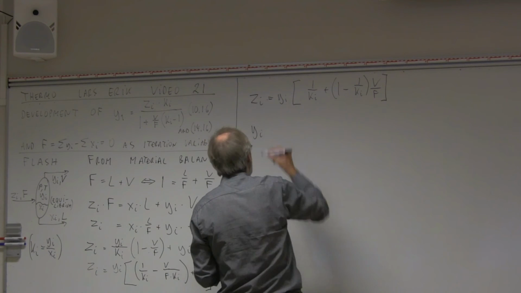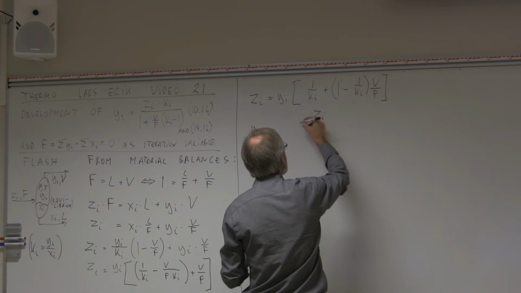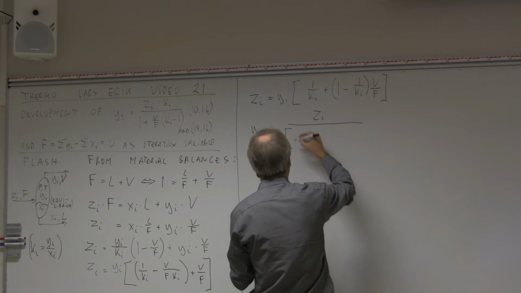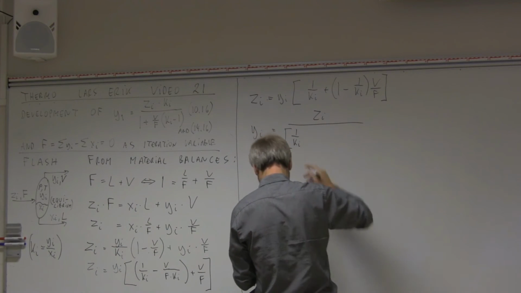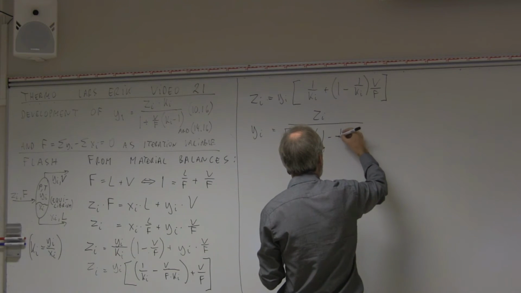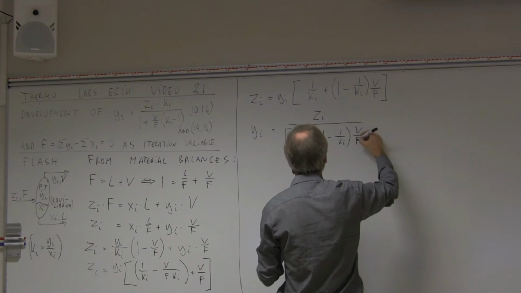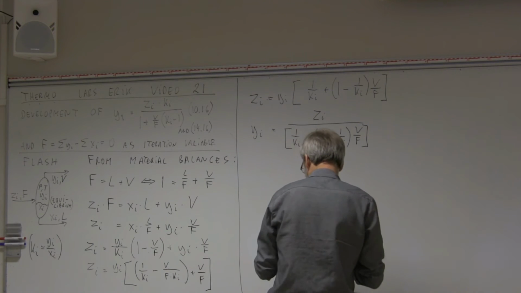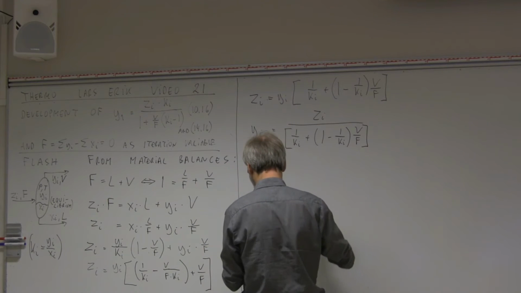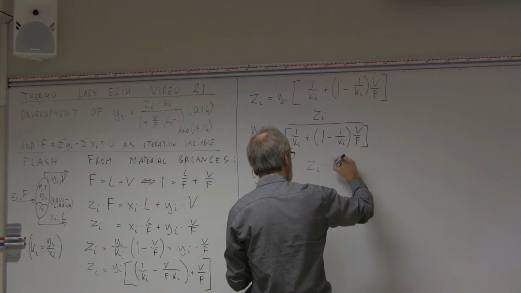And then the y can be expressed by z_i over 1 over K plus 1 minus 1 over K_i V over F, or y_i equals z_i times K_i